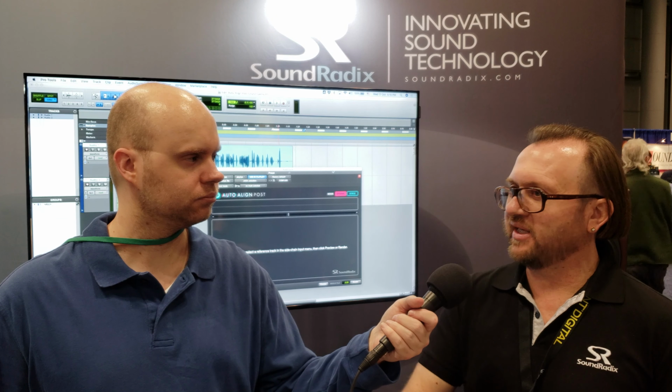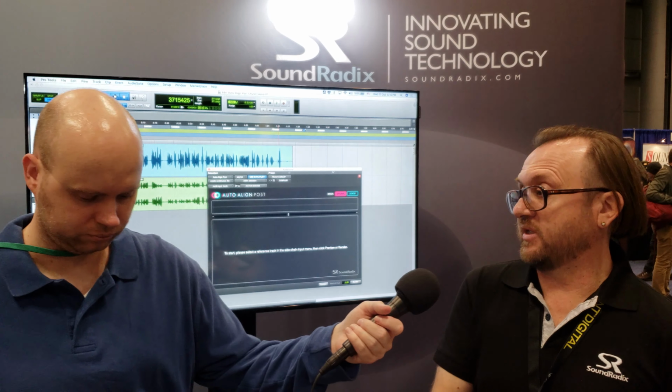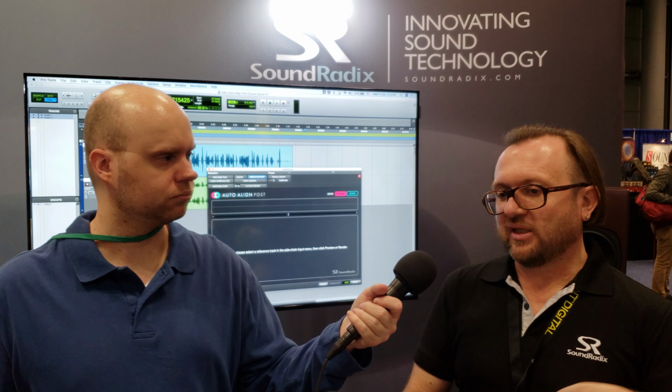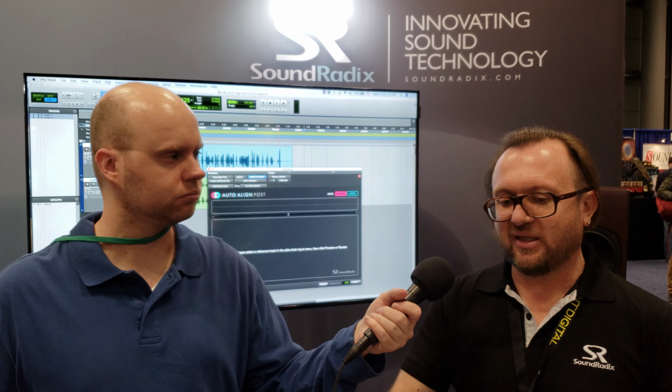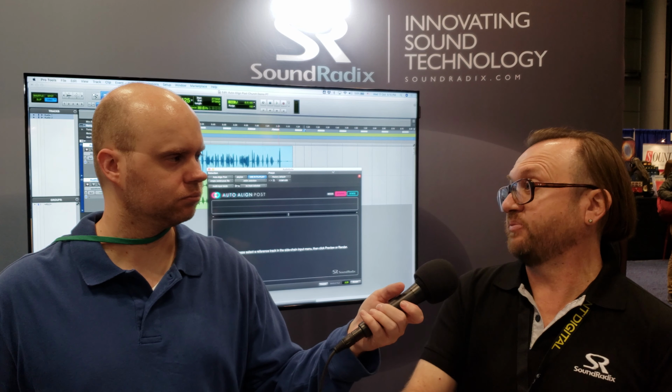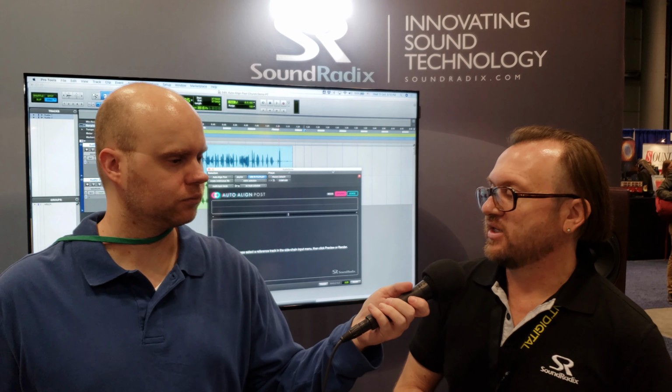So if you have a piano that you really want to sound attacking and punchy, but sometimes it plays soft, sometimes it plays hard, with the adaptive compression, you can maintain that compressed sound, but still allow the dynamics of the piano to play out in the song. So you don't lose that.